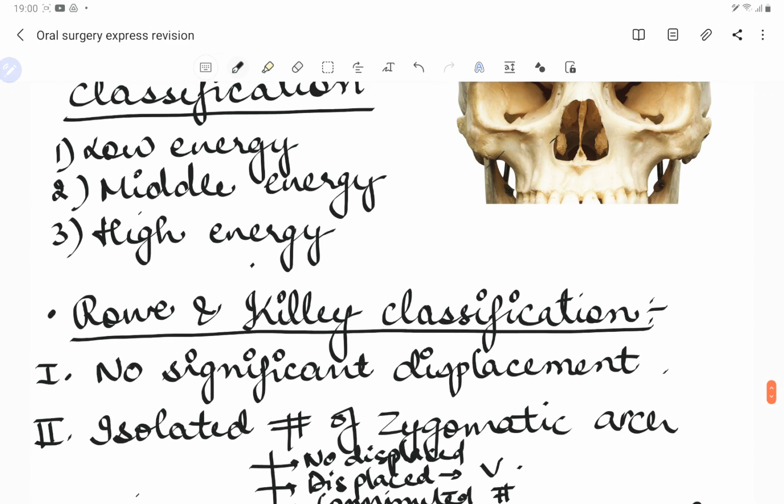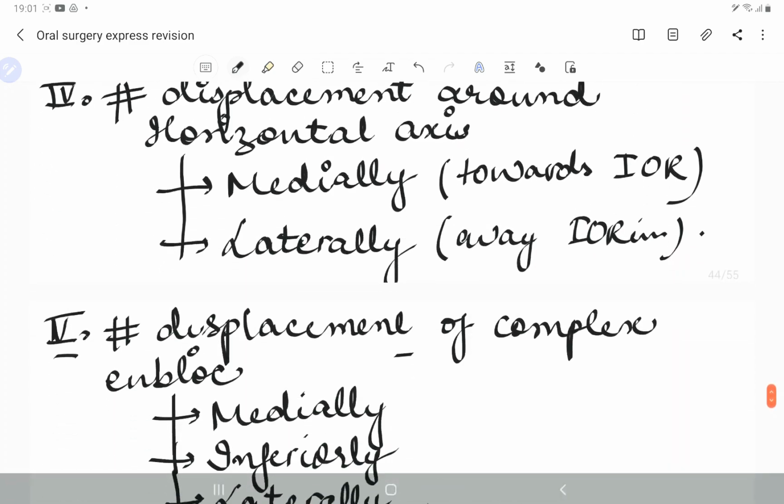And then we have the high energy fracture. High energy zygomatic complex fracture is basically due to aggressive injury. In this case all the processes of the zygoma are fractured. Here either we go for a bicoronal flap, which we have covered in the Lefort, or we have to go for a subconjunctival incision, and sometimes we have to reconstruct the orbital floor as well. So that also we are going to cover in the fixation. So let's talk about today's continuation.